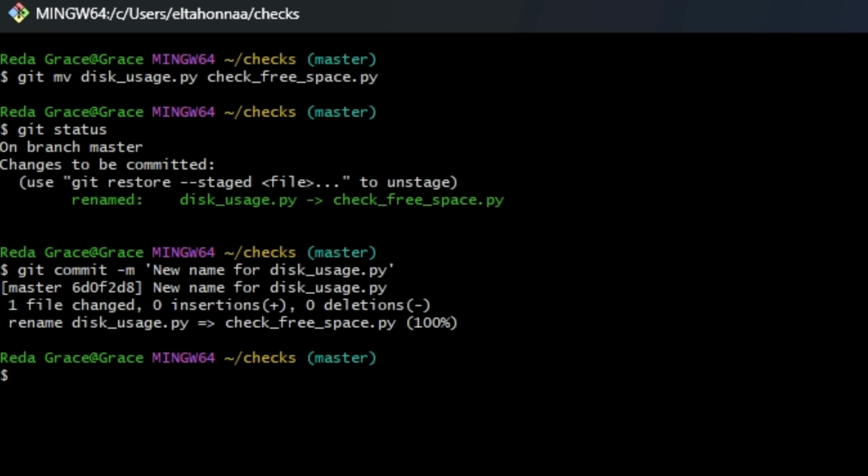The mv command can be used for both moving and renaming. If our repository included more directories in it, we could use the same git mv command to move files between directories. The output of git status is a super useful tool to help us know what's up with our files. It shows us which files have tracked or untracked changes and which files were added, modified, deleted, or renamed.